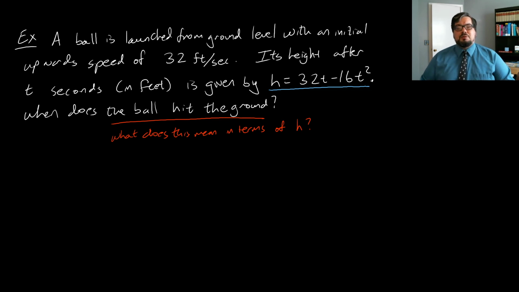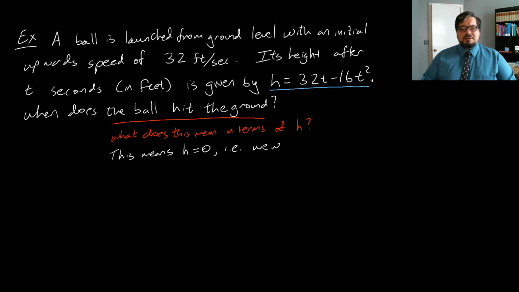Well, for this, we want to, of course, remember what h means. The problem says that h is the height of the ball in feet. Now, when the ball hits the ground, its height is going to be 0. If its height is positive, it's above the ground. If its height is 0, it's on the ground. So our answer to the question in red is that this means h equals 0, i.e., we want to find the t that makes